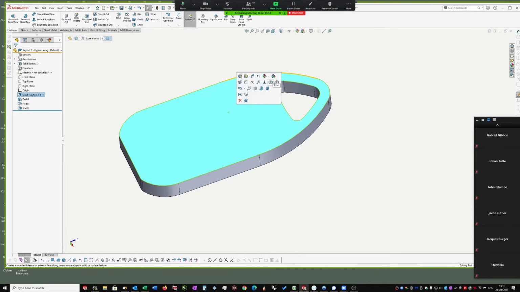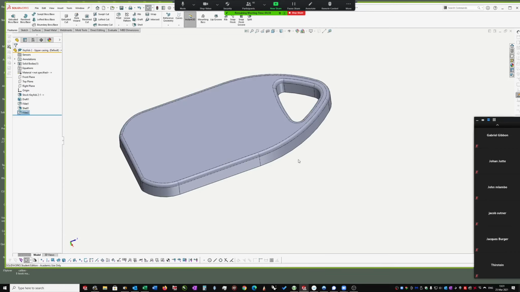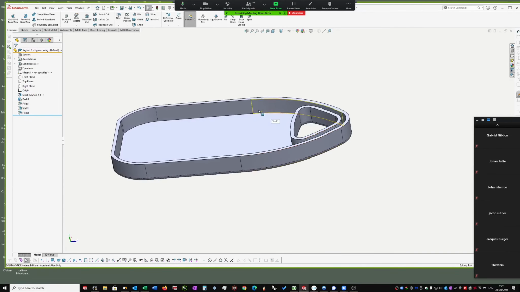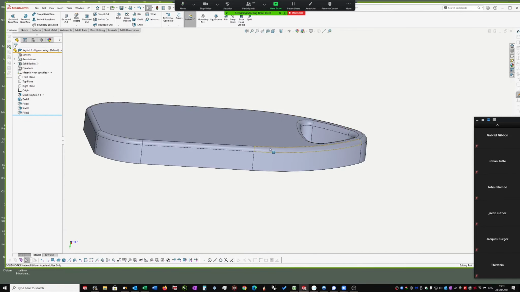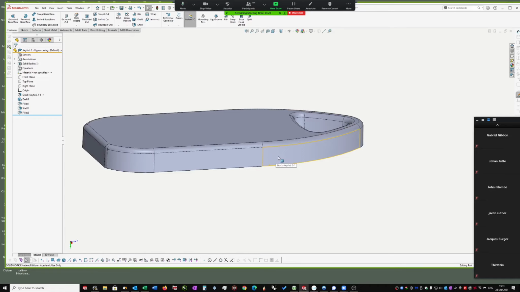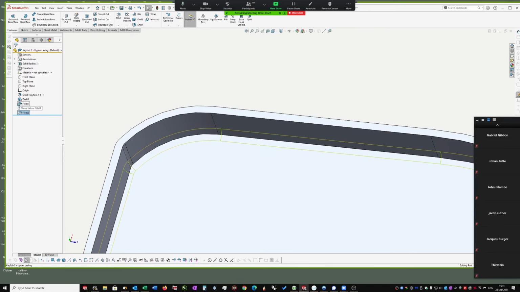Okay, so the same thing could apply at the top. Let's put a fillet in there, which I've got as 2. Let's make it 1 point. Alright, so now you've got to be careful because your wall thickness is 0.9, so the fillet on the outside needs to be a little bit larger than that. So let's make it 1. Okay, and in fact that's not going to influence anything because there is nothing to influence. A 1 millimeter fillet here minus 0.9 will give you 0.1 of a millimeter, which if I drag that